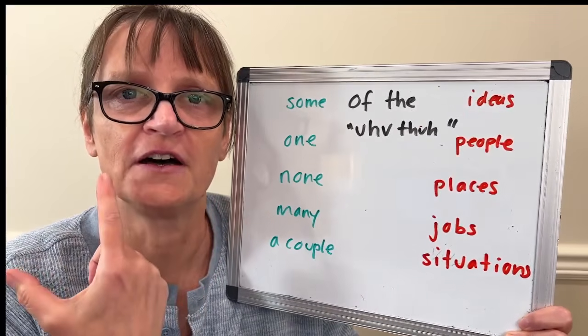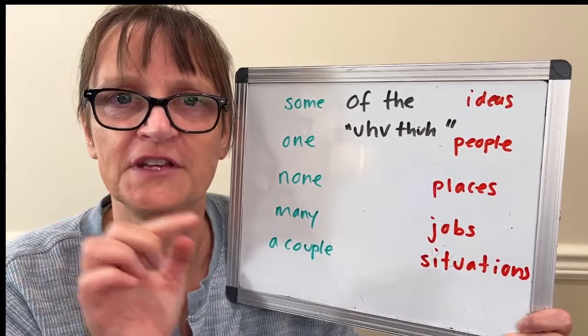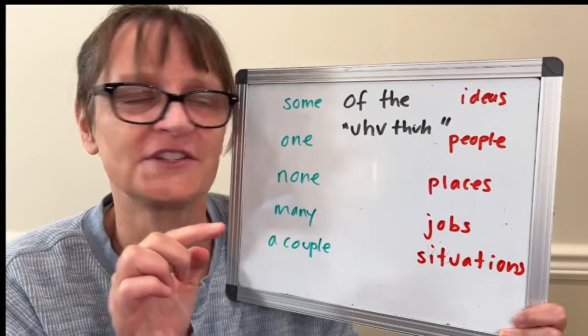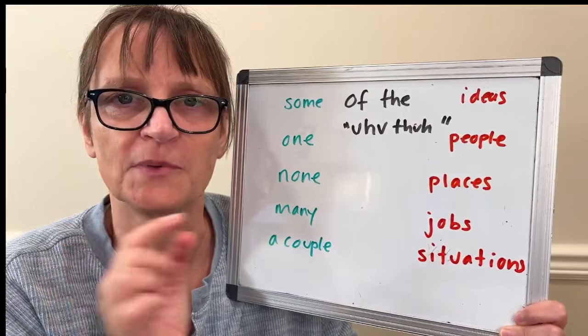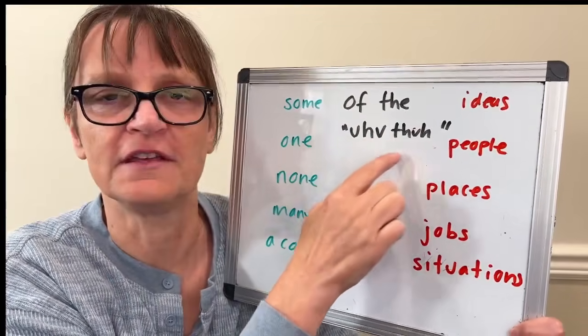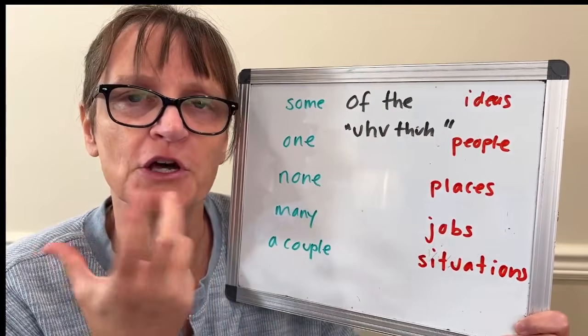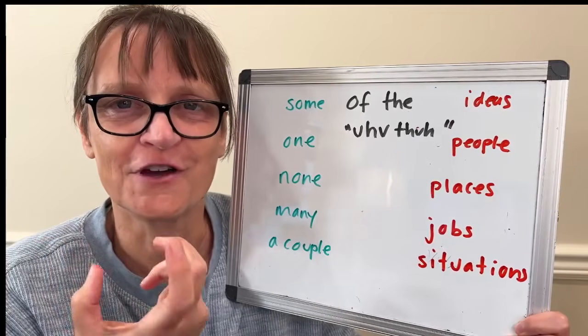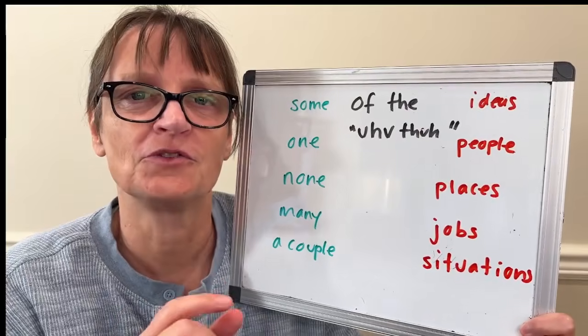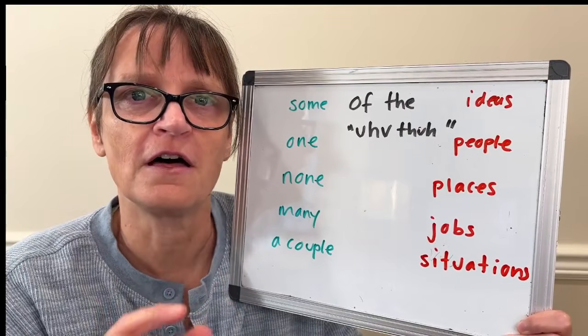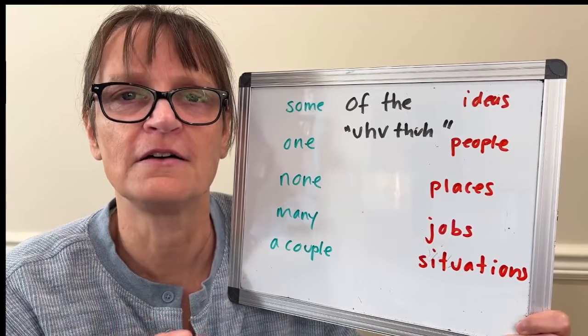So as I say "of the," I have to sneak my tongue forward quickly for the TH sound. Also notice in my "the" that I'm using a schwa there as well. So two schwas and a V and a TH in the middle. Let's take that slow and just break it down so you get "of the" correct, and then I'll show you how to practice to get it fluent in your speech. So start with "of the, of the."